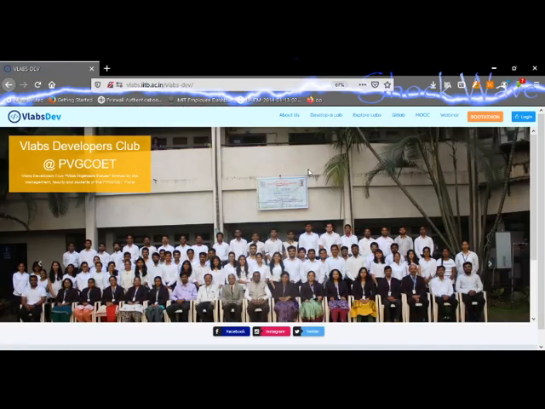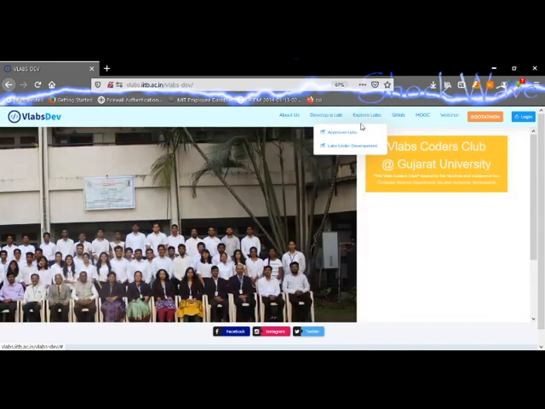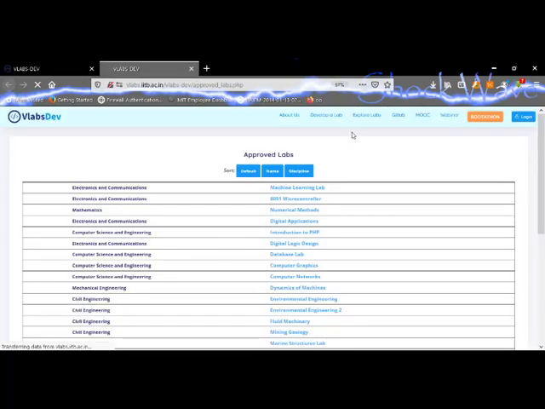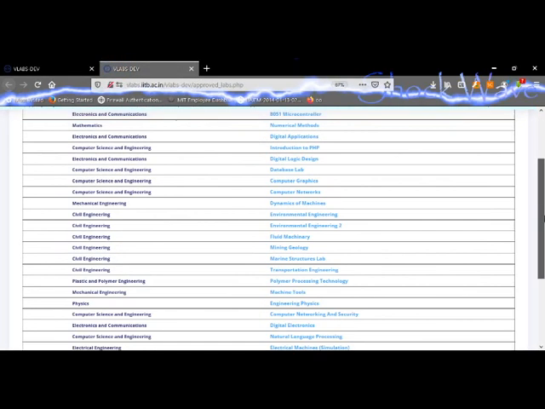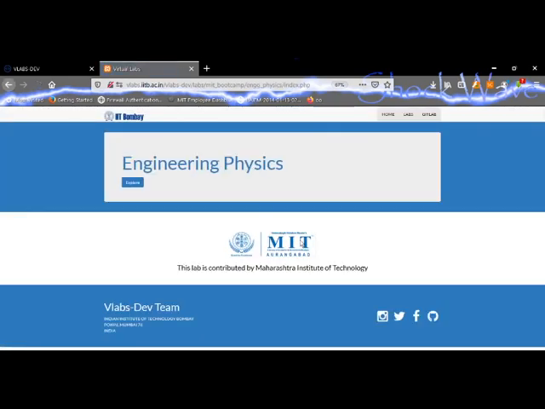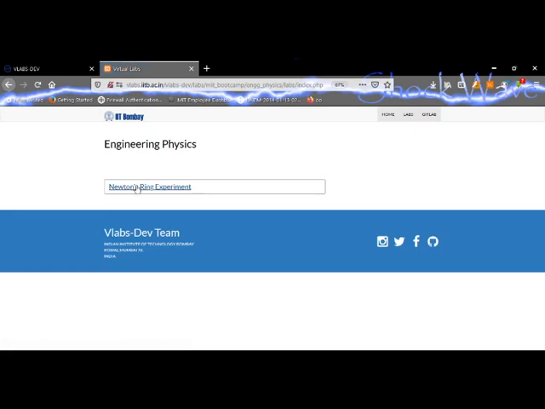This opens a new page. Here we need to click Explore Labs. Then we will go to Approved Labs, and in Approved Labs we get a list of experiments. So when we click on Engineering Physics, it takes us to this page, and we need to go to Newton's ring experiment.